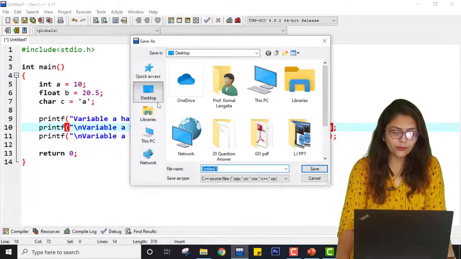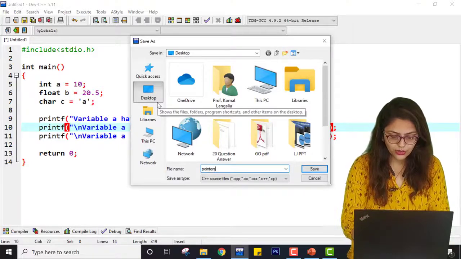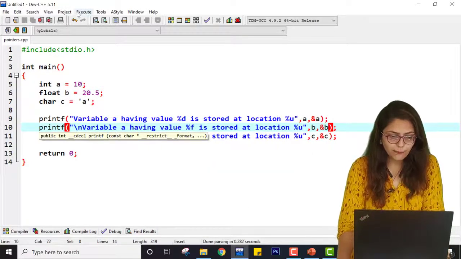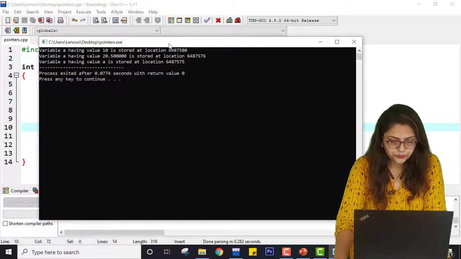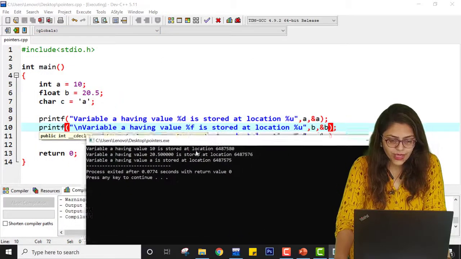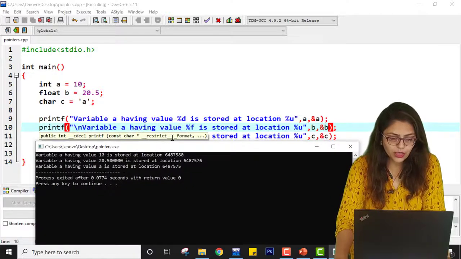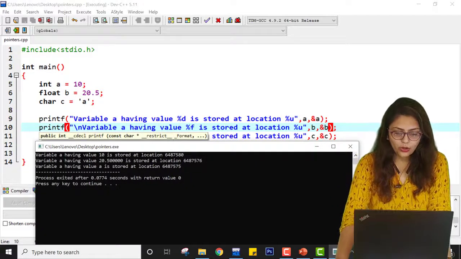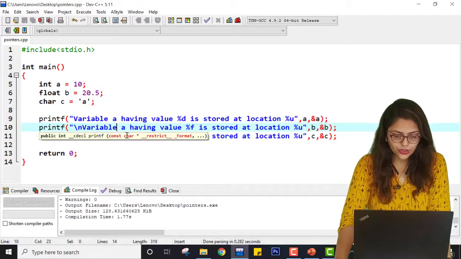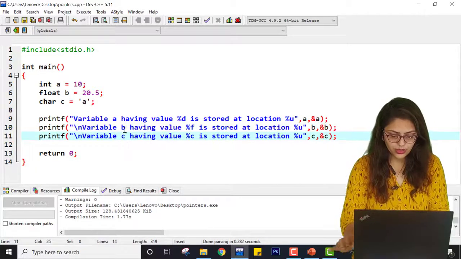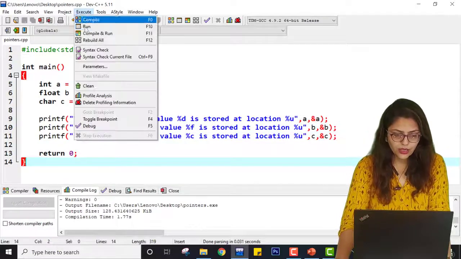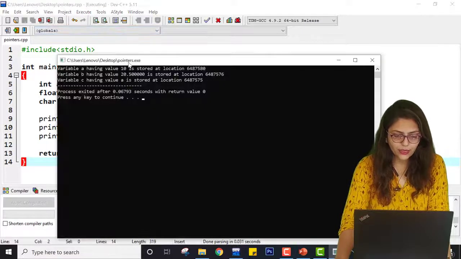Let me save this program as pointers, compile it and run it. We will see what the output is. Here let me change it to variable b, and here it will be variable c. Let me save this program, compile it and run it again.